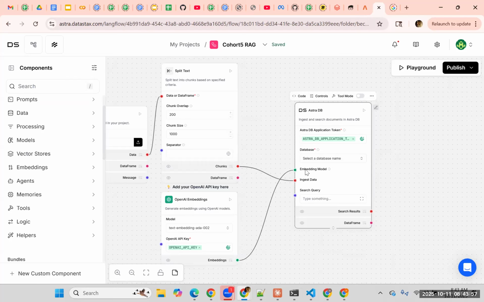Now, for this, there is a parameter which can take an embedding model. So you take your embedding and then connect to the embedding model. Ingest data: the data you are going to ingest is coming from the chunks from the split text. It takes the chunk, uses this embedding model, embeds it, and writes it to this database. So I go here and